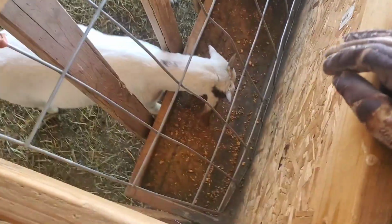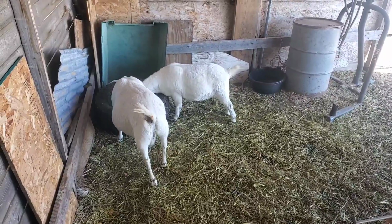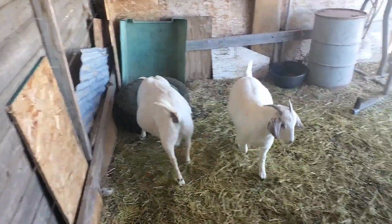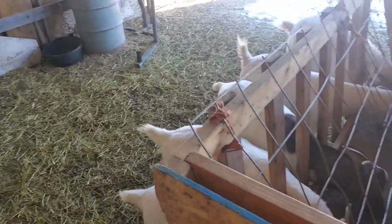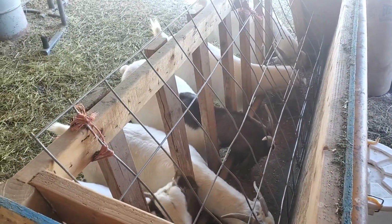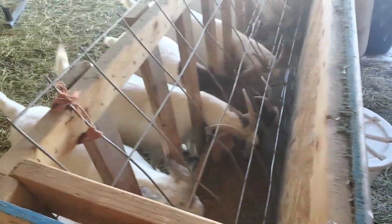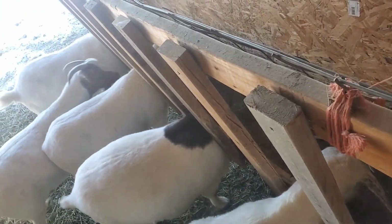But this method works. Just spread out spots down the trough, and then I put a little bit in the bowls over here. And then that way, if someone's hogging a bowl, it's not as much as if they were sharing over here. No one's discovered that black bowl yet, but I bet Lucy will. She always does. But I'll let them lick up most of their grain, and then I'll put the hay in the trough. It would be nice if we had a different setup for feeding grain, but right now we just go with what works. And then I don't know if you guys noticed from last time, my husband put on some more of these separation bars, so